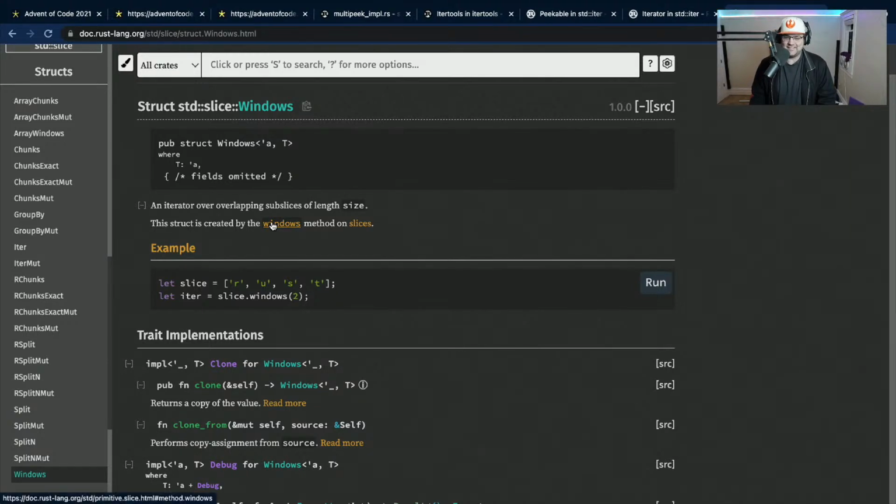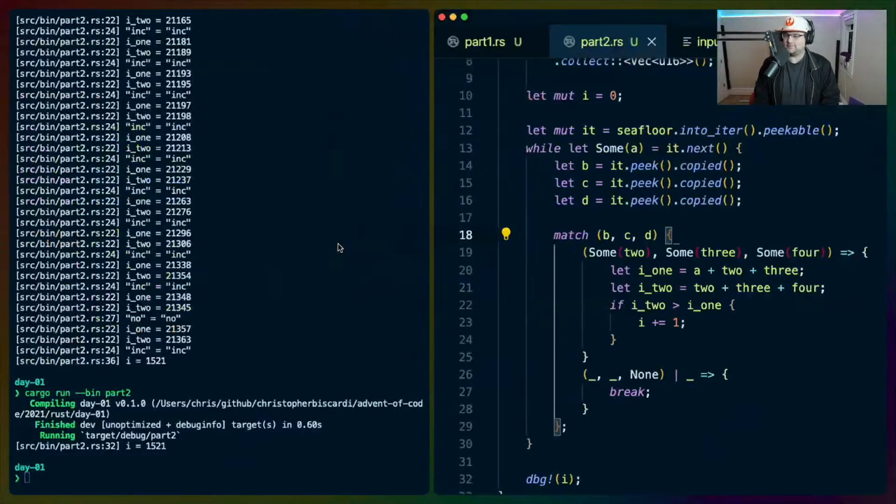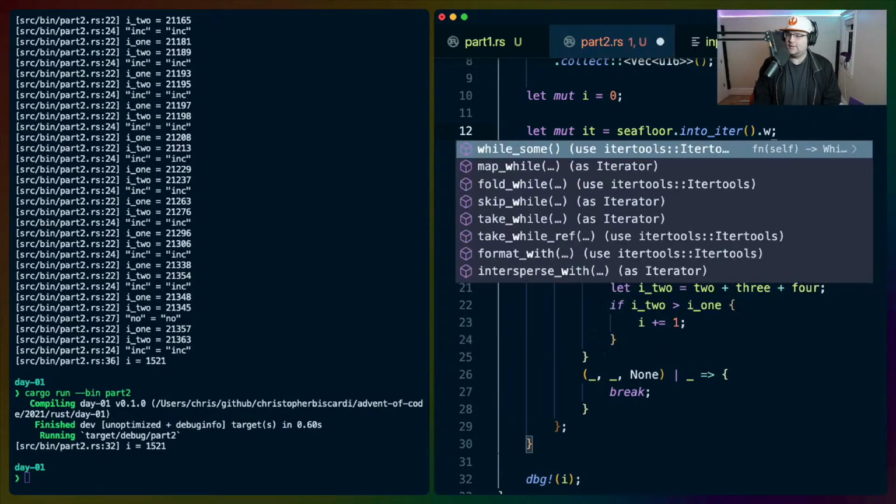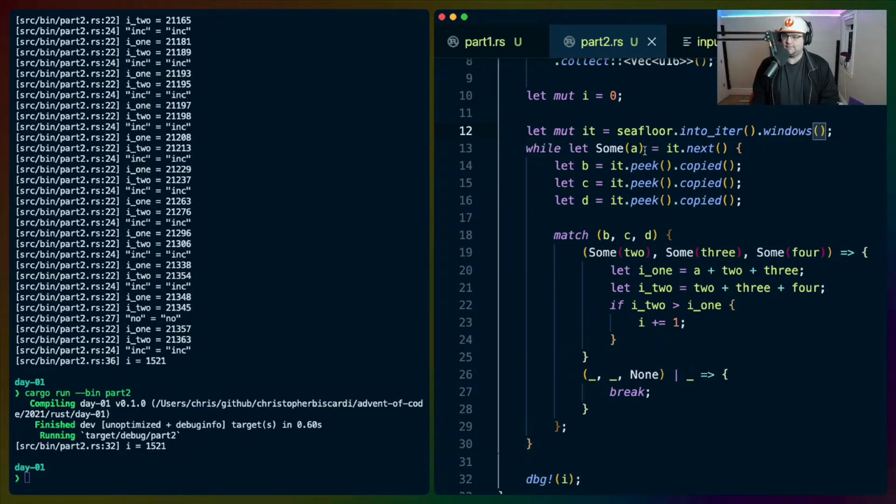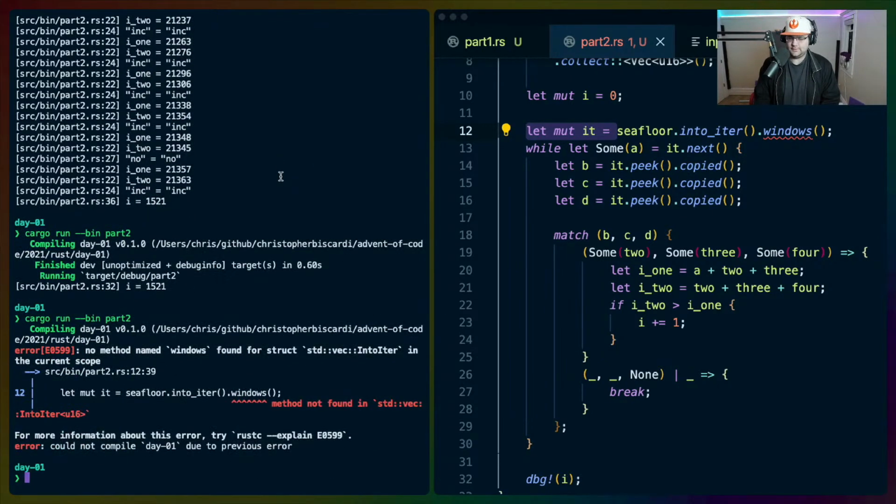That's hilarious. Windows method on slices. So if we do Windows, we can do, wait, why is it complaining about Windows?